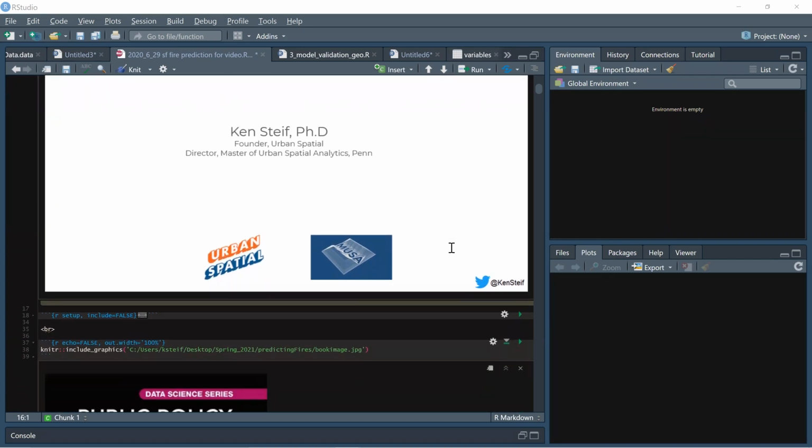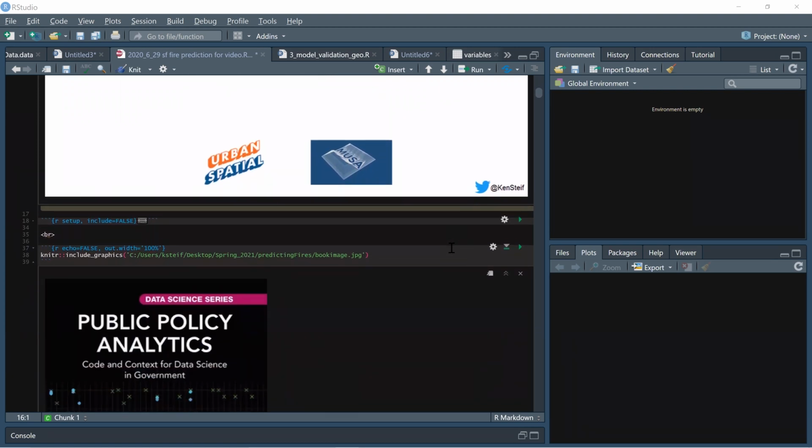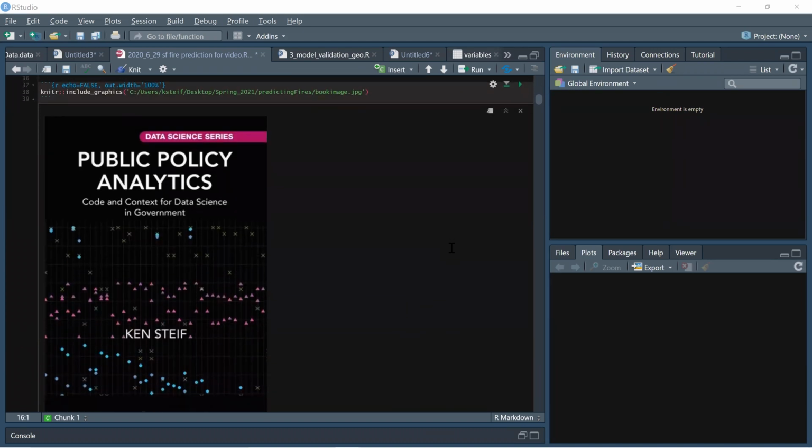I'm going to jump into it. As you may be able to notice, I am in RStudio. This entire workshop is going to be in R, and it's a lighter and more simplistic